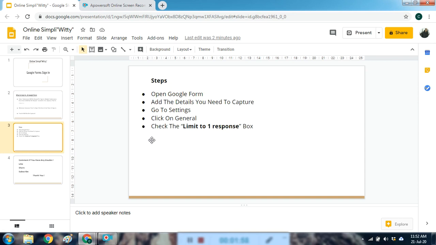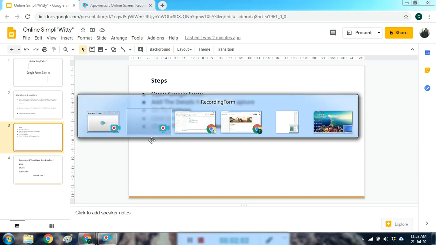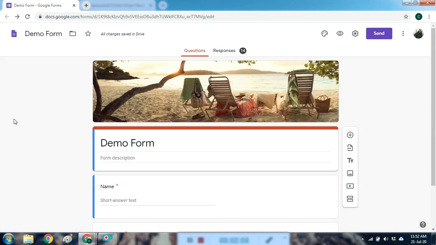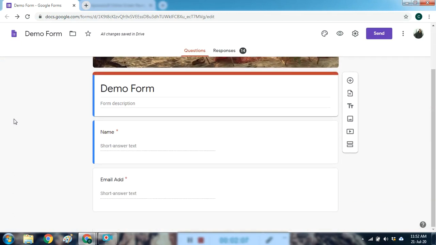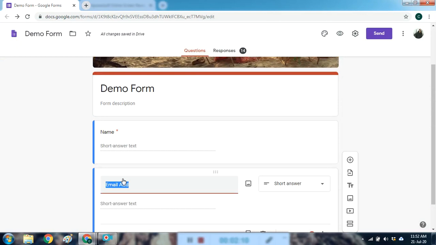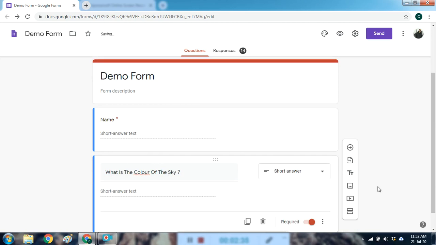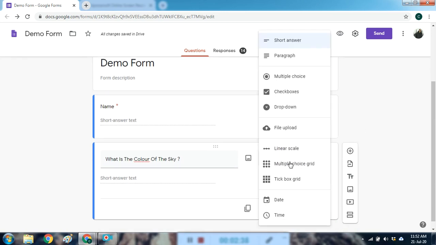The very first thing you need to do is open the Google form. So we will start with that. This is the Google form. Now I'm going to change the fields over here, because you're not going to capture the email address of that person. So we will ask them the first name and the last name, or we are just going to ask them the name, and we'll ask what is the color of the sky, and let's say we'll give them two options.